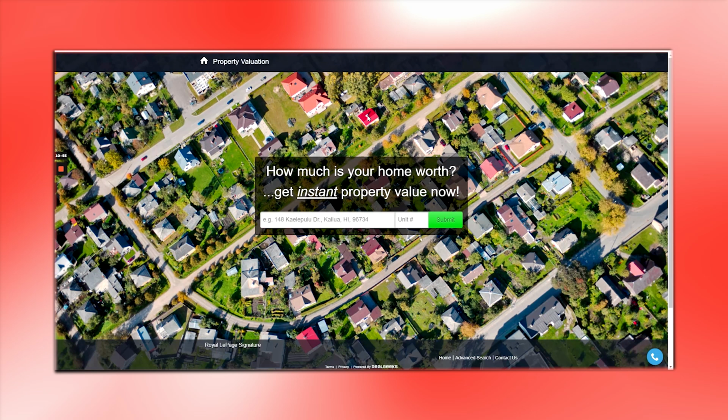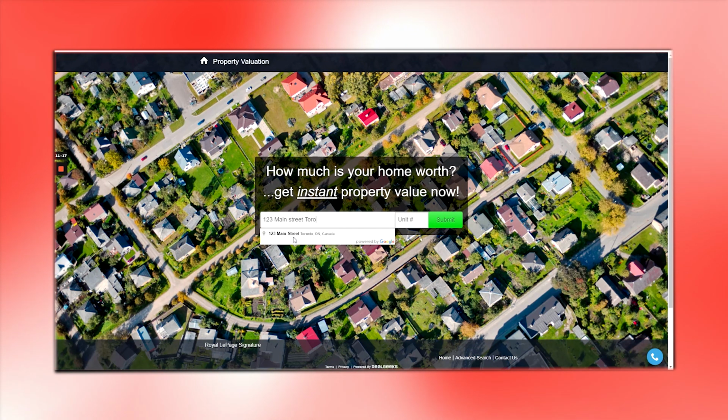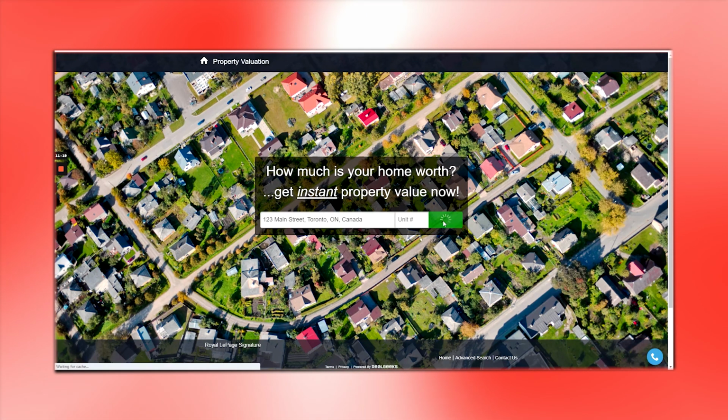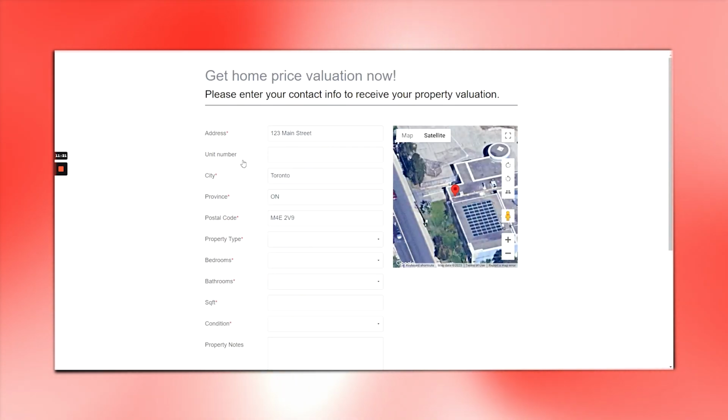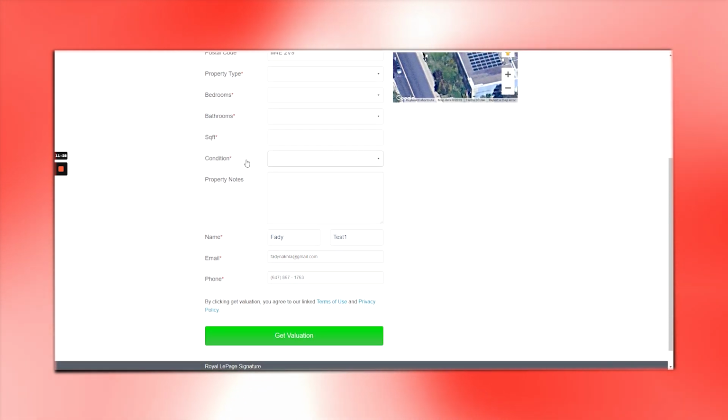So it's really simple to get your customized home evaluation. You simply enter the address of your property here in the main dialog box and then hit submit. We'll get that notification, and within 1 hour, we'll send you a customized home evaluation report that will be emailed directly to you. Of course, if you'd like a more complete comparative market analysis, or CMA report as we like to call it,